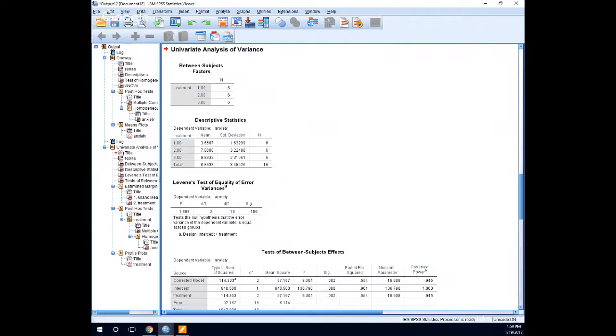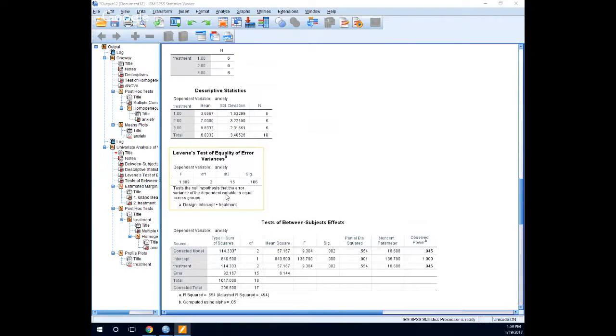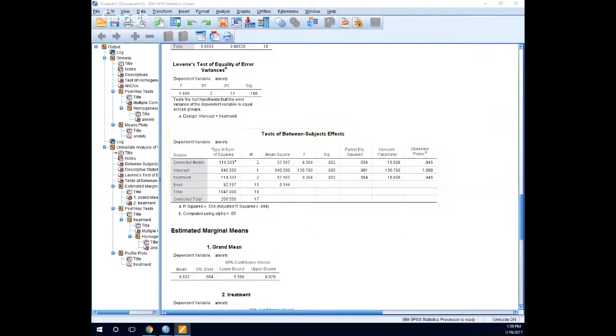In this particular case, you can see you've got your group means right here. This is basically the grand mean. These are the standard deviations for the groups and also the n. So all that's the same as before. There's Levene's test, testing the homogeneity of variance assumption, as we talked about just a few minutes ago. When we scroll down, in the tests of between-subjects effects, we're going to look at this line right here. This is the name of the independent variable that we were working with, which was treatment. So in a nutshell, we have our ANOVA